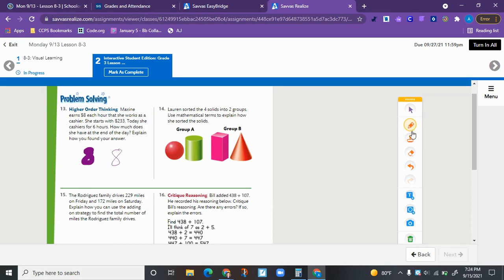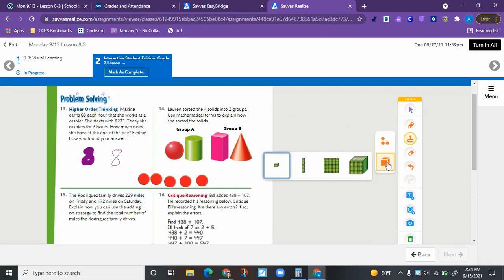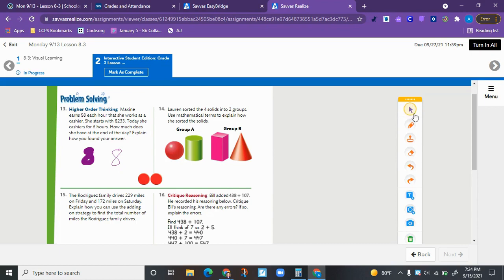So the draw a pen tool is there. There's also a stamp, which let's say I want to use counters. I would just click on that and I can stamp counters if I need those for the problem. There are also place value blocks that you can do. If you mess up, you can click undo and you'll see it's taking away those counters that I just put. While my cursor is moving around, you can still see the counters. If I don't want that anymore, I need to click on the arrow, the pointer tool, so that now if I want to, I could